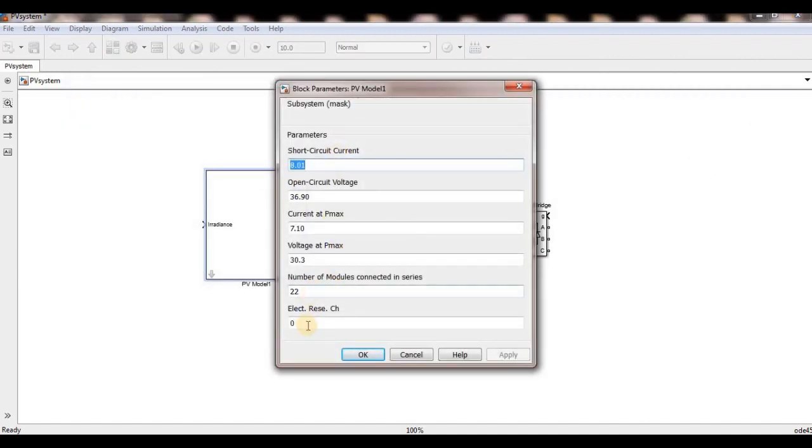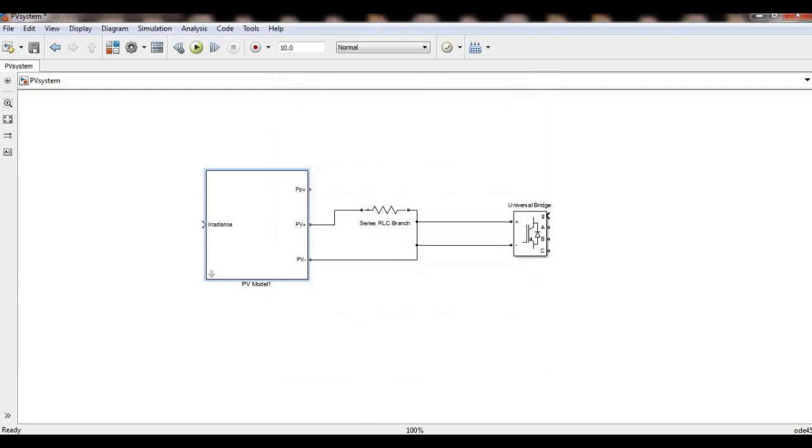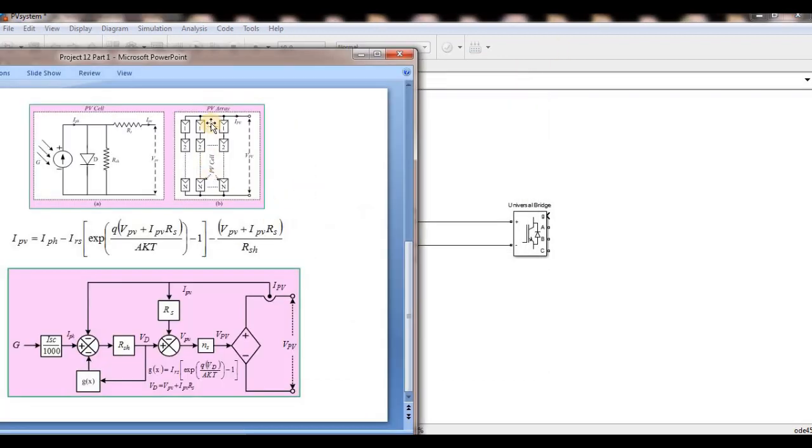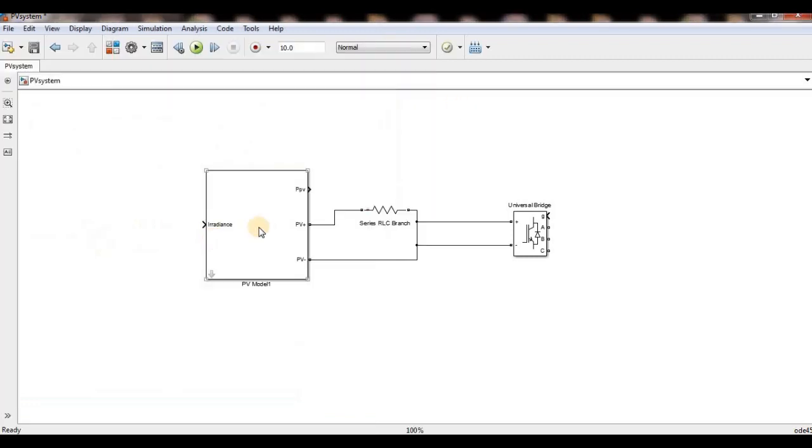I can add one more thing also, the number of modules connected in parallel, because only in parallel can we get more current, and then more power. Generally you can connect two modules in parallel like this. But if you connect more arrays in parallel, it will take more time to run.